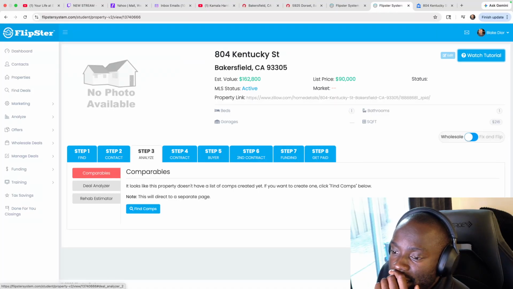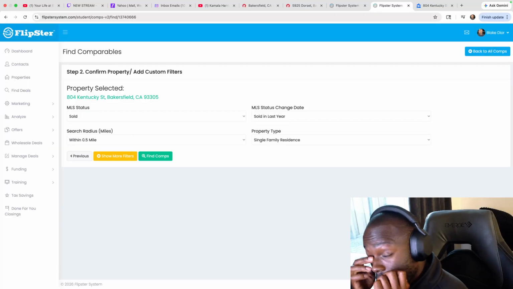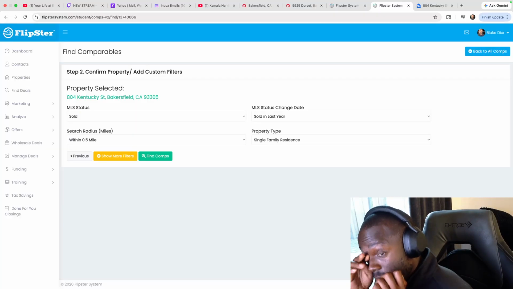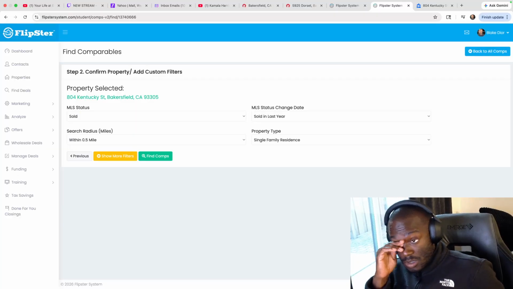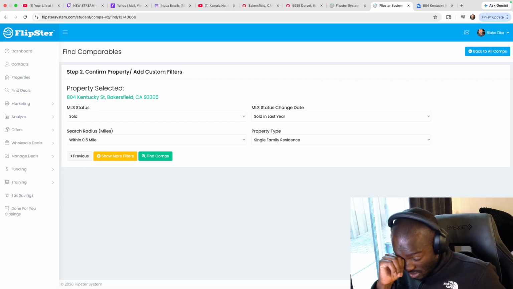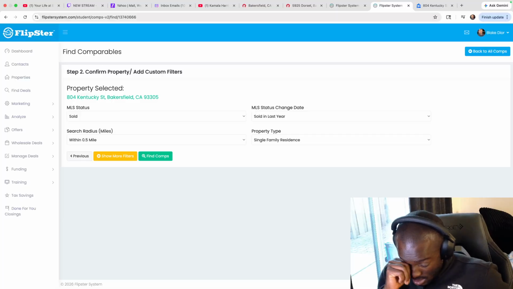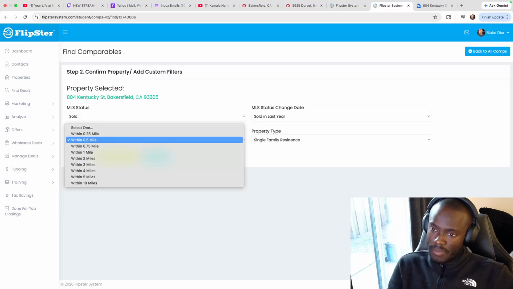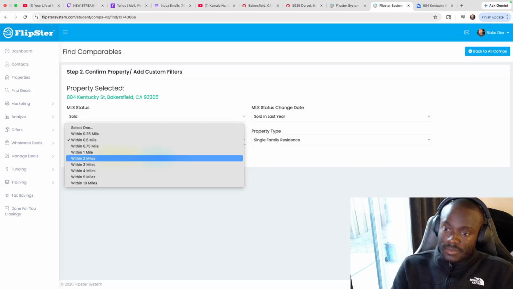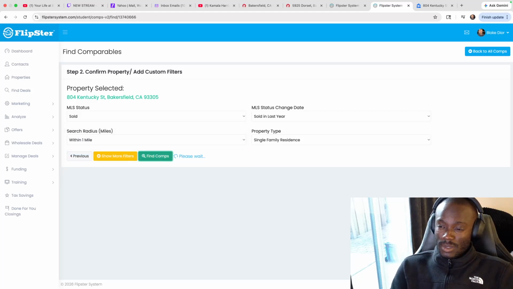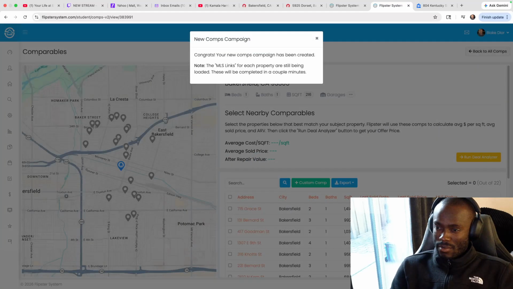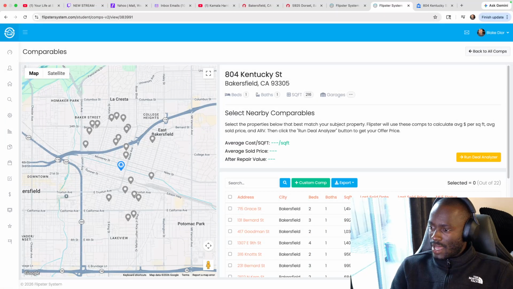I'm going to click analyze and then compare comp. You want to find comparables within a mile. Actually, not even a mile. I'm going to say half a mile.